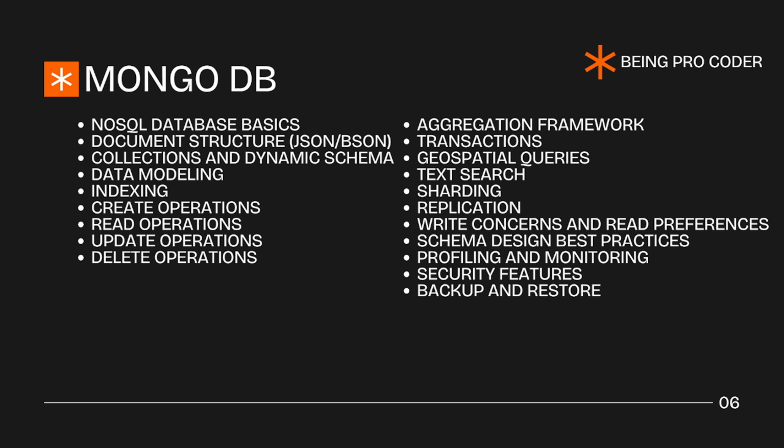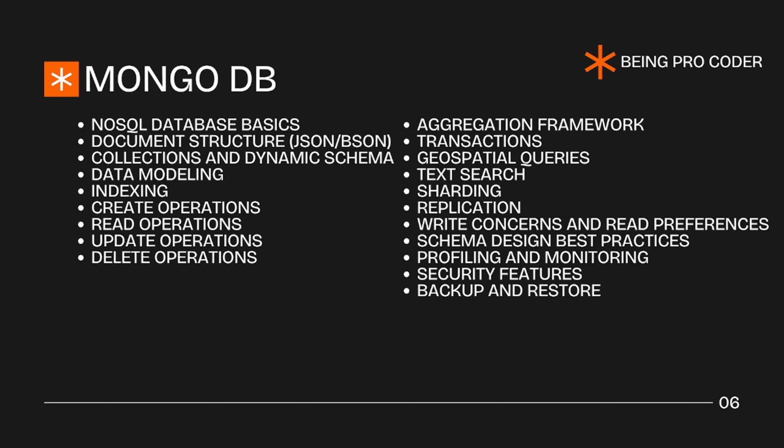Going next, we have MongoDB, which is a NoSQL database, which is very important to create objects in the list form. Starting with NoSQL database basics, we have scalability and the flexibility of the database and creating the schema. Document structure is like JSON, how the objects are handled with the help of JavaScript Object Notation form. Collections and dynamic schema: a collection is a group of documents, and a dynamic